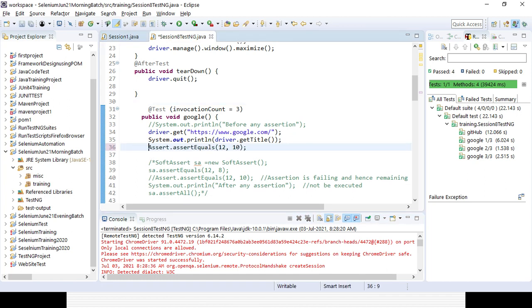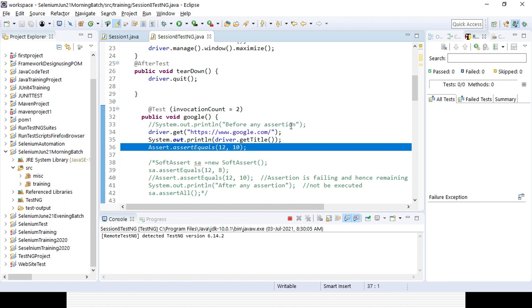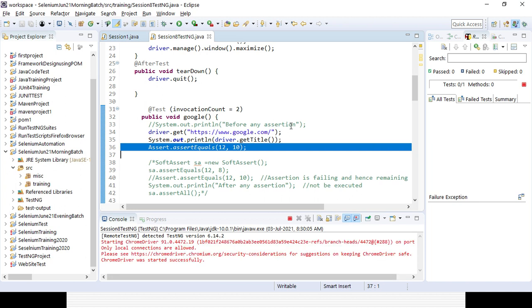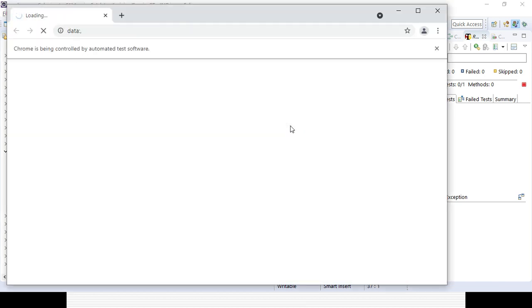Here, if you just do anything, I want to run it 2 times, but I will be failing the test case, so it will fail. All your runs will fail, 2 times will fail. But in case of any failure, I don't want to run the next iteration, so I want to skip them. So I will be using skipFailedInvocations. Here all your iterations will fail because I did not use that attribute. It will try to run 2 times, and 2 times it will fail because the assertion is failing.